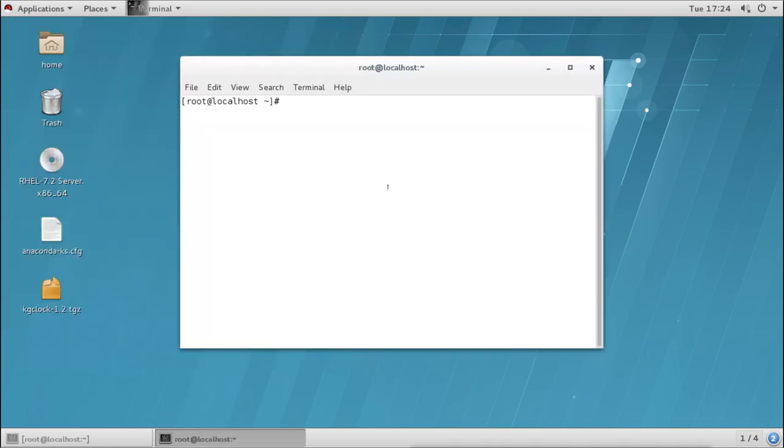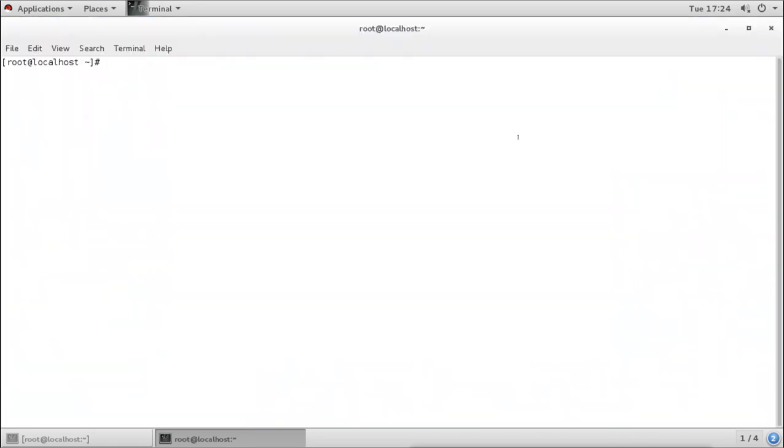But both are Linux and both are the same. Both are the same in every sense. You can use everything the same. You can use the same application here, and you can use the same application there also. The only difference is that the packaging style is different.